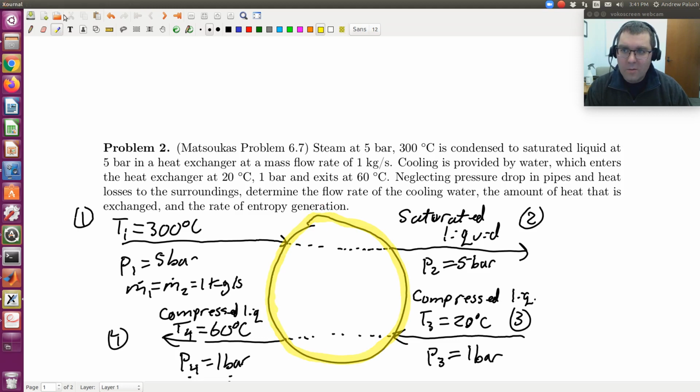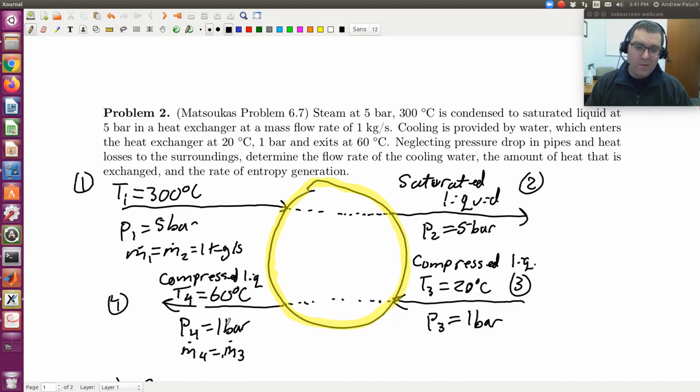I don't think it was necessarily clear, but in part A, when I did my first law balance on stream 1-2, essentially stream 1-2 was my system. When I did my balance on stream 3-4, stream 3-4 was my system. Okay, that's great. As I think about entropy generation now, I'm going to take my entire heat exchanger, which